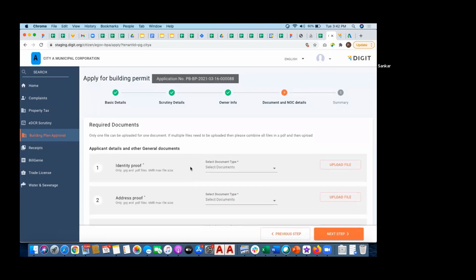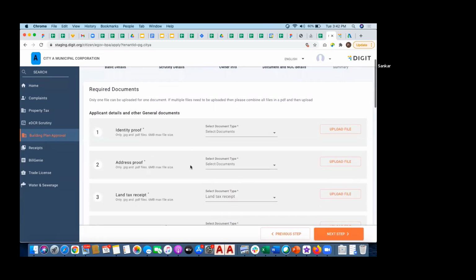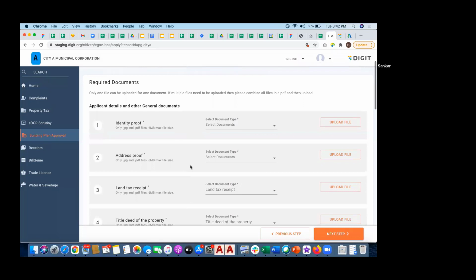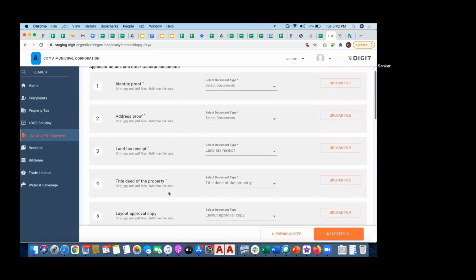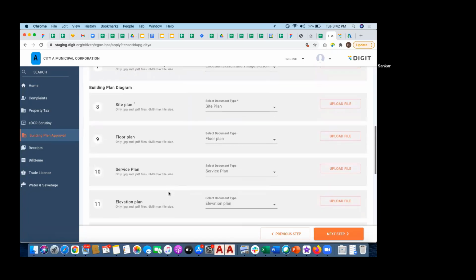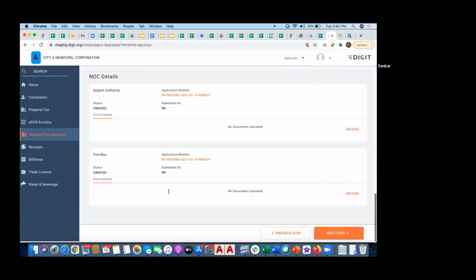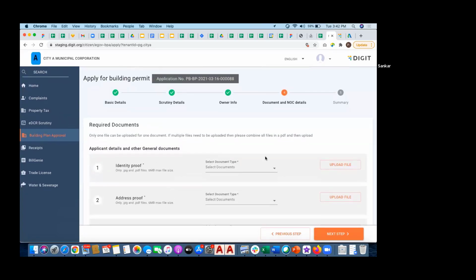And this is the document and NOC detail step, where we need to upload some identity proof and address proof for this particular application. As I told you earlier, this list is completely configurable from state to state and city to city. You can do whatever you want with that.